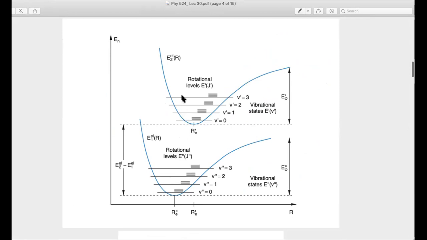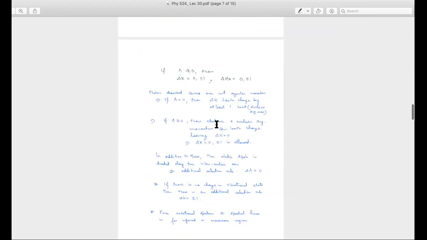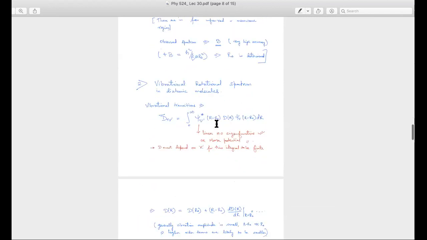And then I can have transitions between electronic energy levels, and between bound electron states and the continuum of electron states, right? So dissociated molecule states, etc. And those are the visible or UV region, basically. Okay. So that's the picture to keep in mind. And these were the selection rules, etc.